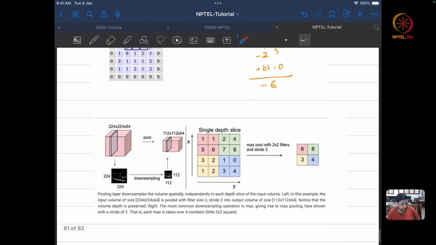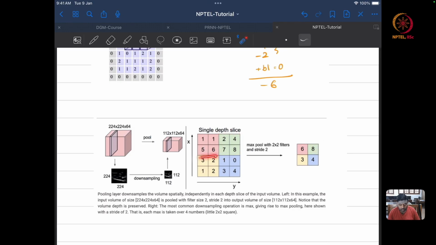And then the next thing that we should look into is the idea of pooling. Normally we have two kinds of pooling. One is max pooling, the other is average pooling. Now whenever you have an input, you fix a kernel size and then the stride. Here I am saying that 2 cross 2 is my filter, and then my stride is 2. Now I look at this, I take the maximum value, I obtain this,